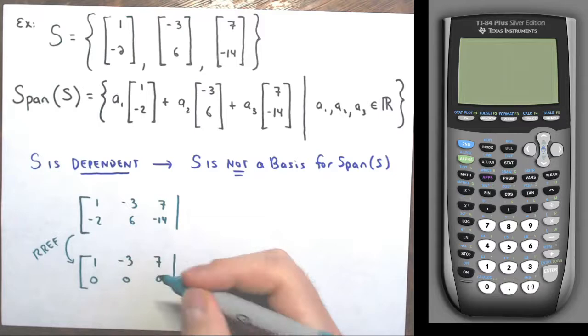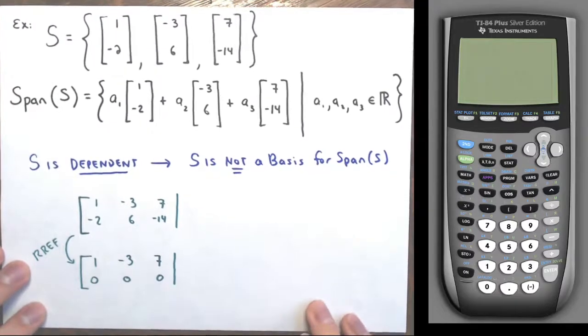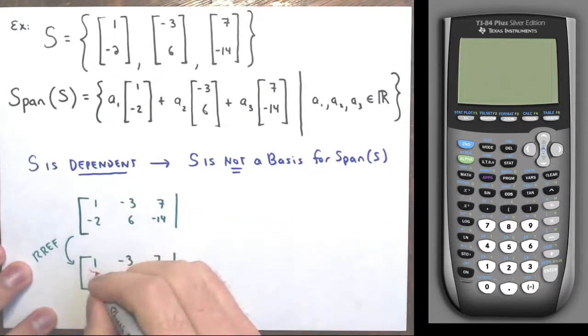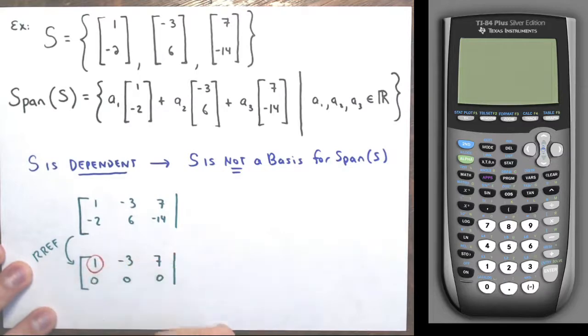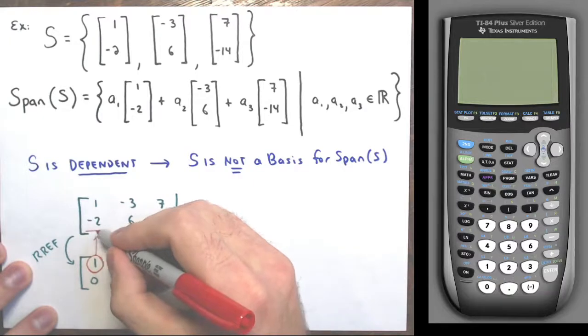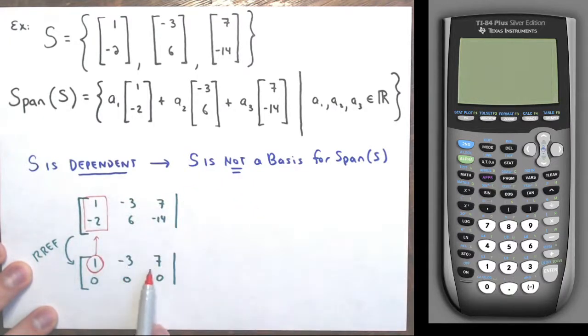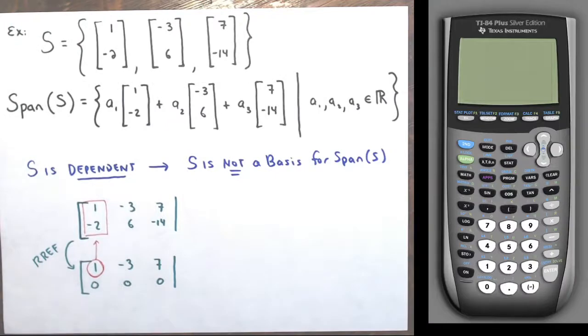So you see, like I said earlier, we're only going to need one of these vectors to form a basis for the span of S. Only the first column has a pivot, a leading one, when we're in reduced echelon form. So that corresponds to this first vector of S. And there'd be two free variables, meaning that each of these two vectors can be written as a linear combination of this one, or just a scalar multiple of this one. So S prime